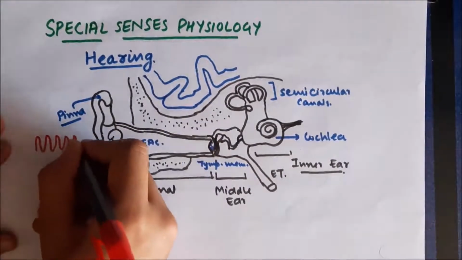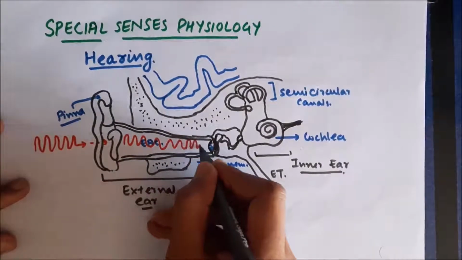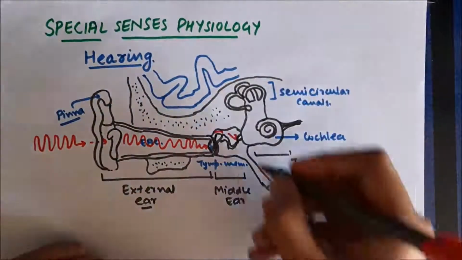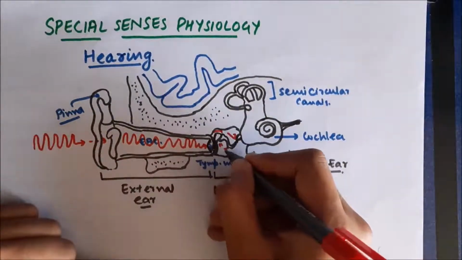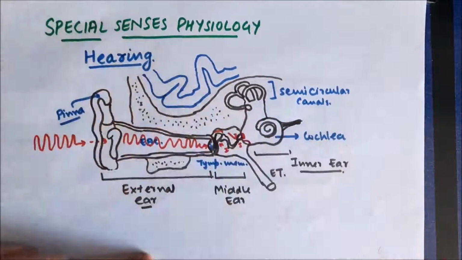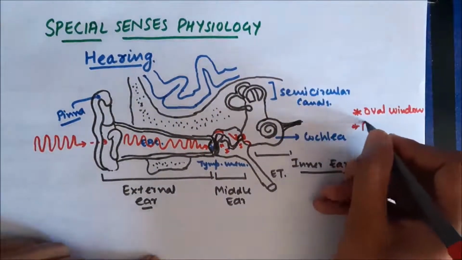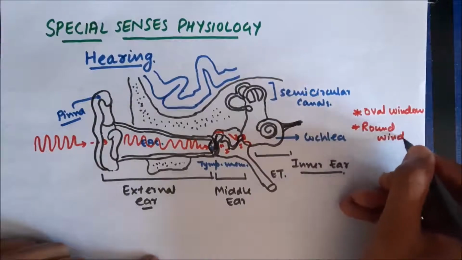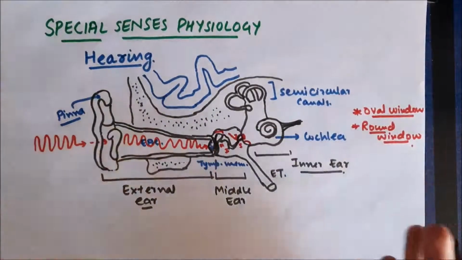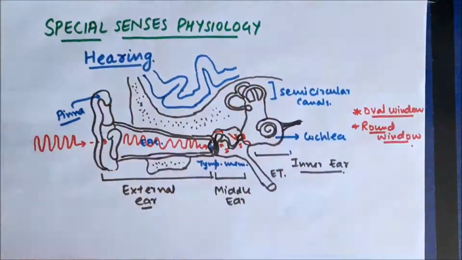So whenever sound waves are received, they are received by the external ear. From the external ear, these sound waves travel through the external auditory canal, and then they are conducted through these bones, that is malleus, incus, and stapes in the middle ear, and then these sound waves are transmitted to the inner ear through the oval window. So this is the oval window, and below the oval window there is another window called the round window. The footplate of the stapes binds to the oval window of the inner ear. However, this is a loose connection. A ligament is present there, and it is responsible for conducting these impulses to the inner ear, the cochlea.